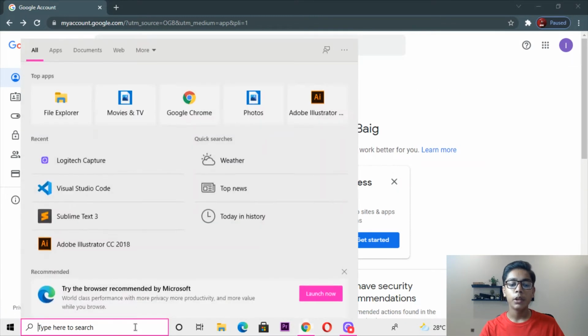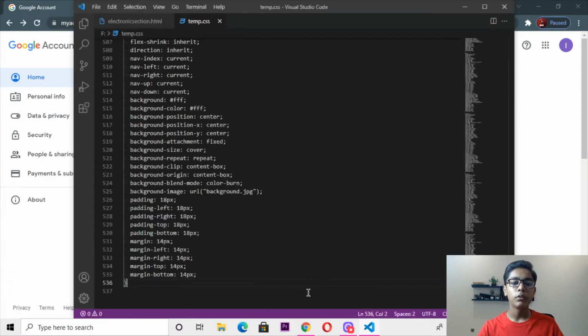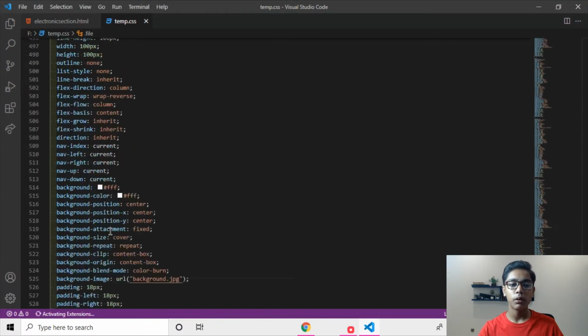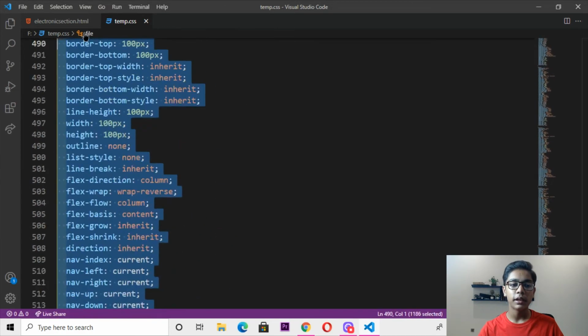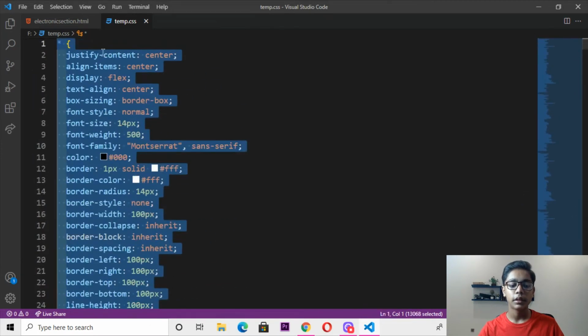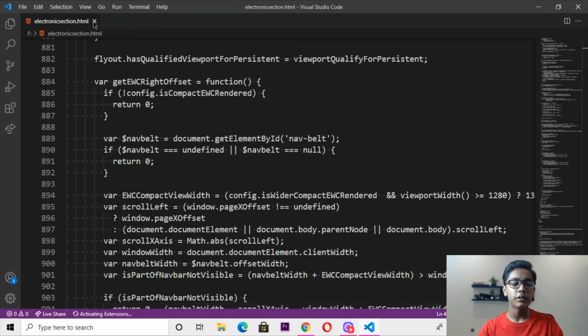Now I'll be opening my VS Code to start building that here. Only the front page we have made, not the whole thing, so please don't think we have made all of it. So here I will be erasing all the things which we are getting here. Simply I'll be erasing, okay. Then I will be closing this file. Here I will be closing this file also.